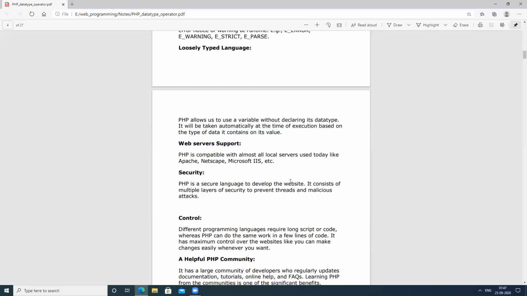It means in C, C++, or Java, we need to first declare the variable, right? And after that we can use it. For example, int a, and after that we assign some value to it, like a = 10. In PHP it's loosely typed. That means we can directly write $a = 10, with no need to declare it,